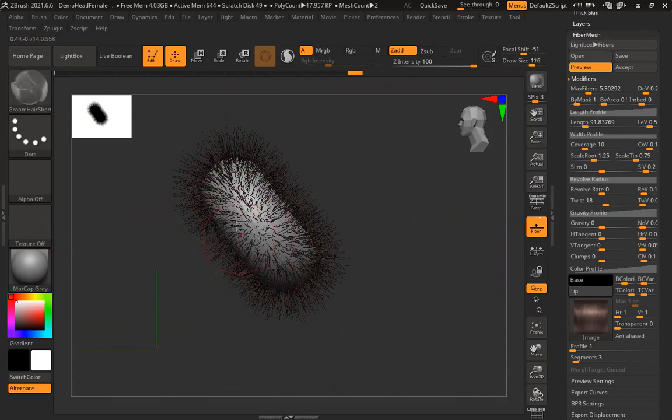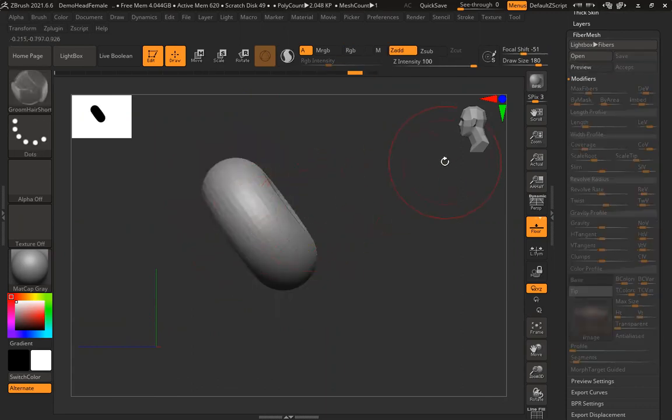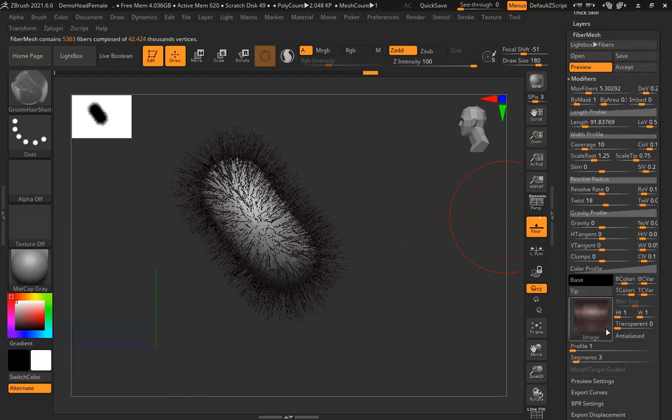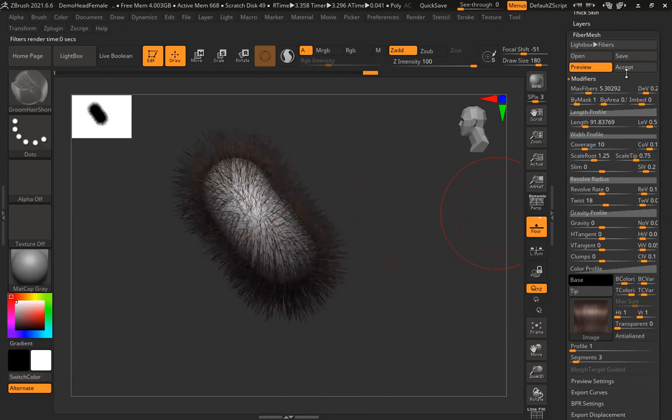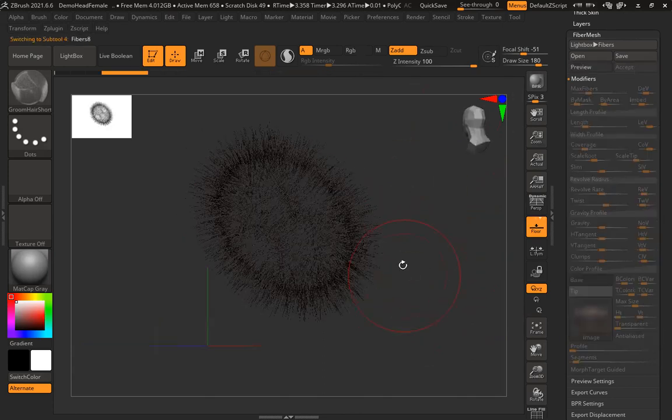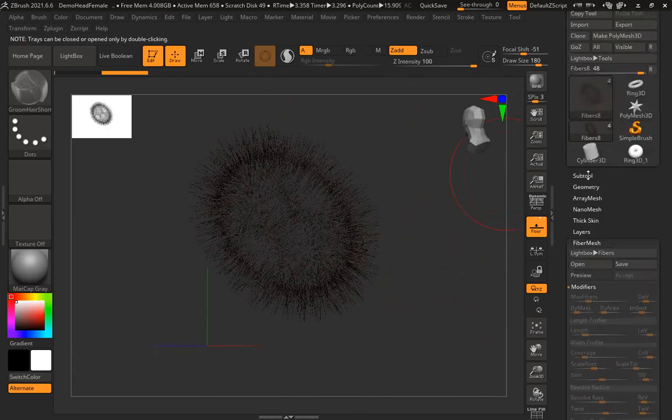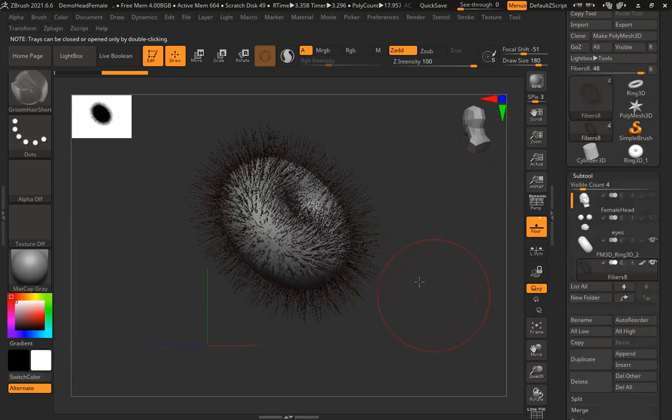So personally, whenever you create this, make sure to modify the brush. Because see, if I click this, oh sorry, I forgot to accept. Once you're happy with the shape and density and everything, because this hair is not required, I just need these splines. If you want to check, you can just press Shift R, render it out and check the render. It looks like this. If you're happy with this, keep it here. Now this thing is here, and switch on this one.